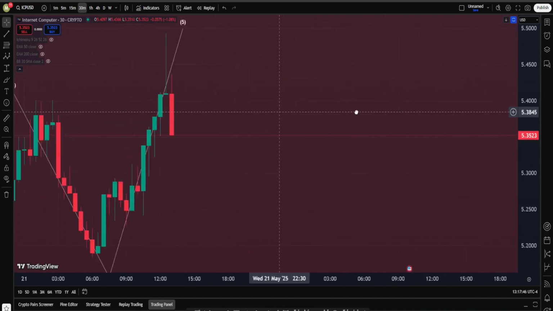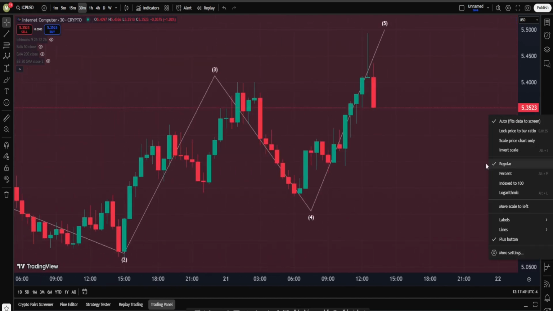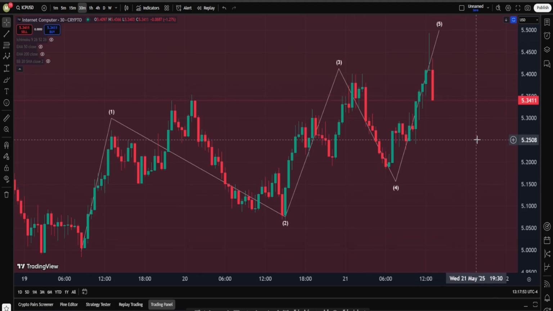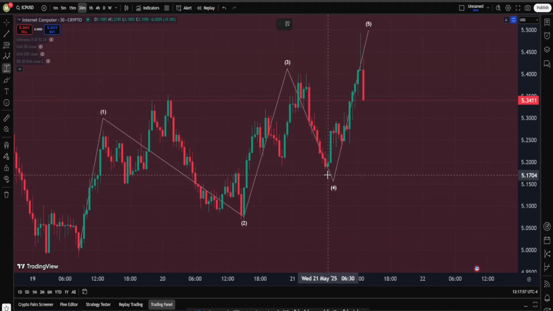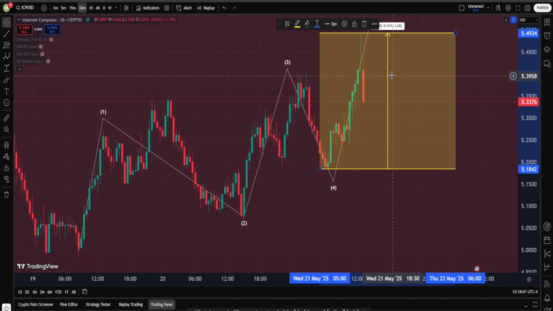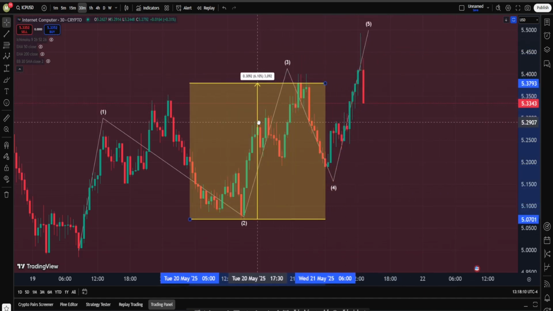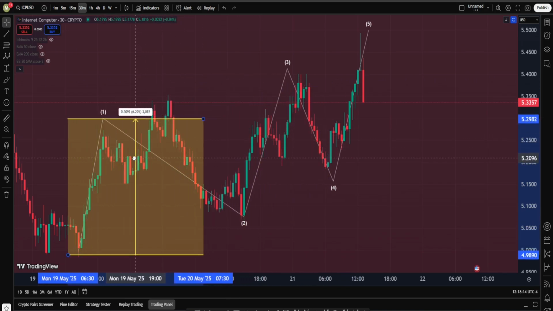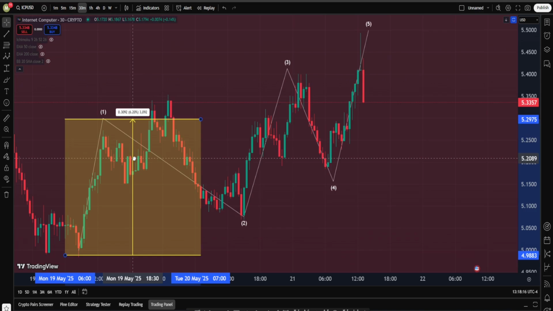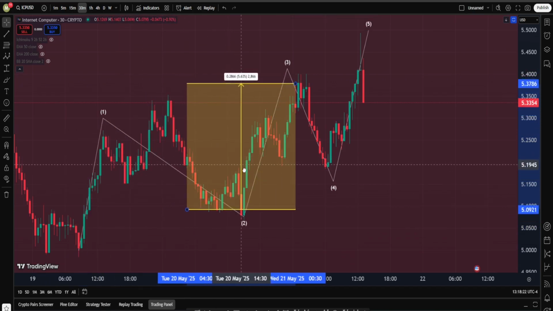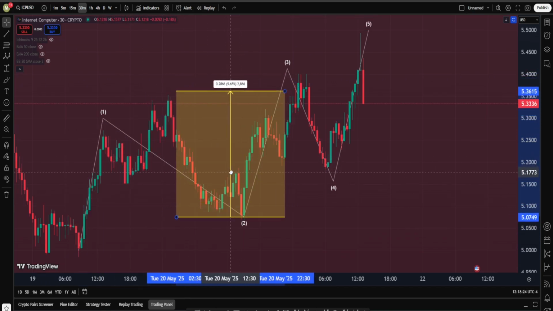Now, let's zoom in more, and first things first, our chart should be on regular scale. This is a very important point. I feel like I should say this in every single video. Let's measure this supposedly wave 5 and compare to the other waves. Is it smaller than our wave 3? The answer is actually yes. Is it also smaller than wave 1? The answer is also yes. Question: is our wave 1 bigger than our wave 3? Let's measure it and compare it. As you can see, the answer is no.